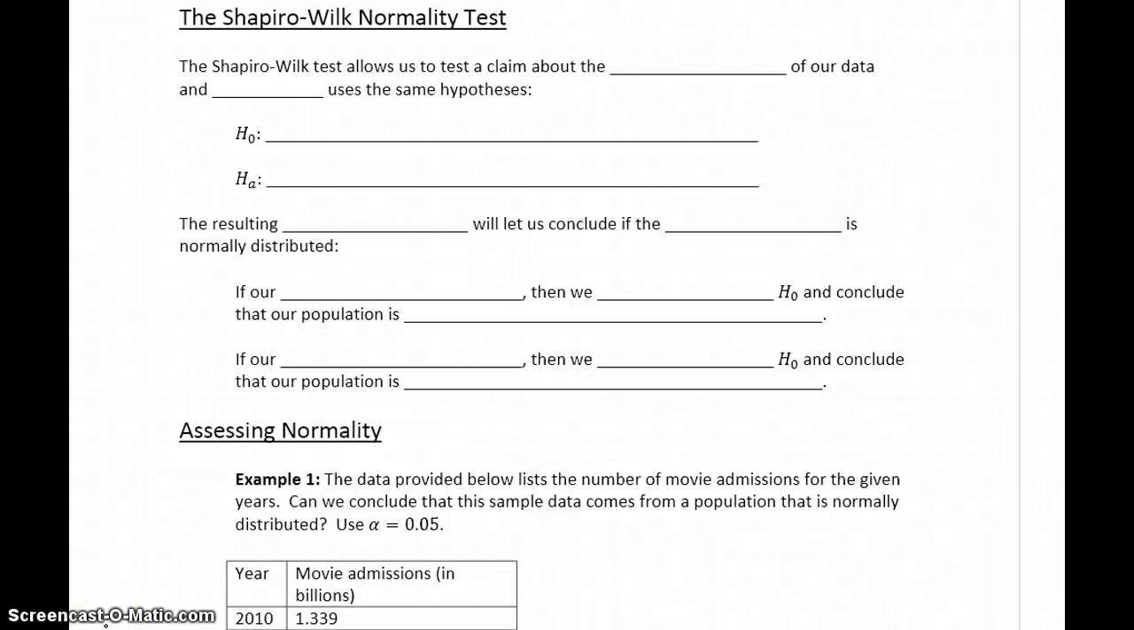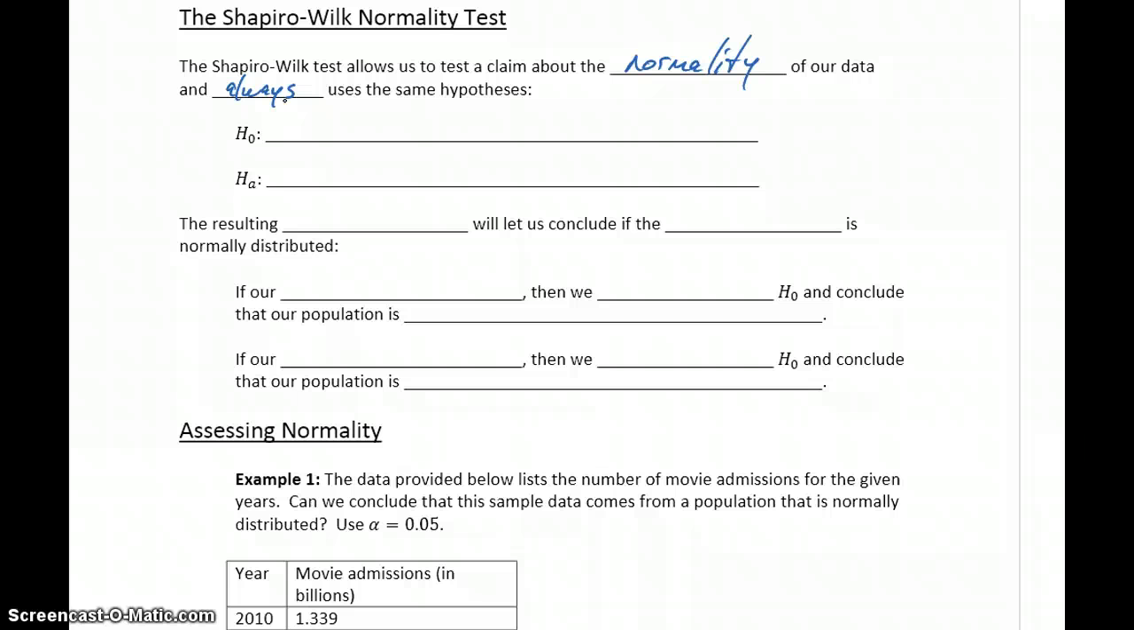Conducting the Shapiro-Wilk test is actually one of the easiest hypothesis tests to conduct. What it's going to let us do is test a claim about the normality of our data. And the reason I say it's one of the easiest tests to use is that it always uses the exact same two hypotheses. So unlike some other tests where we always have to identify the claim and look at constructing